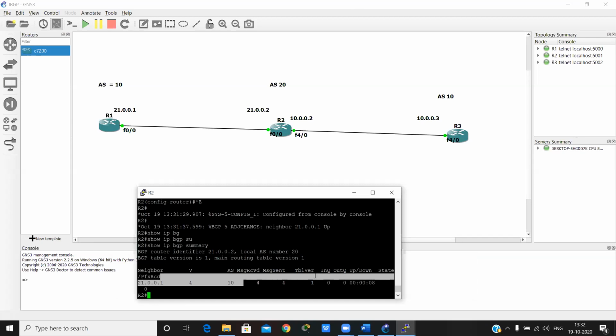First we need to create the 3 routers, and then configure the IP addresses and then BGP, right? Firstly, you have to configure the IP addresses and then I will tell you. Okay.